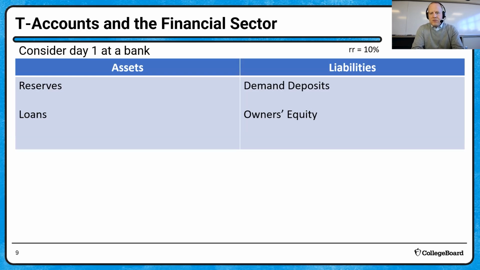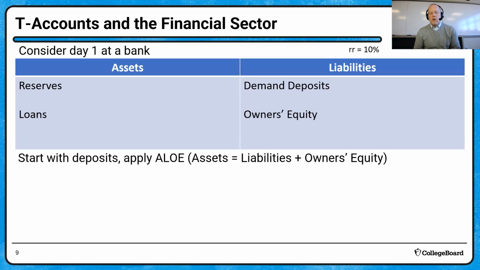The first thing we have to do in order to have a bank is we have to convince someone to deposit money in the bank. So let's do that. Start with deposits. Now, when deposits enter the picture, when we first enter deposits on the liability side,